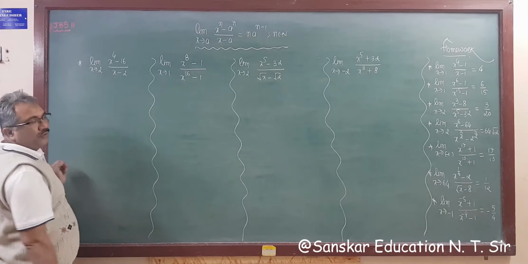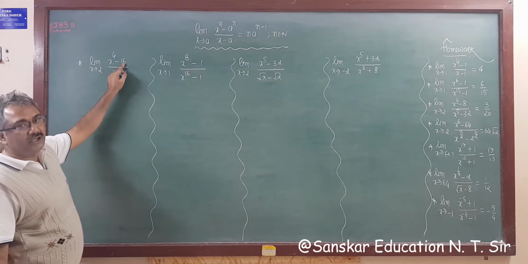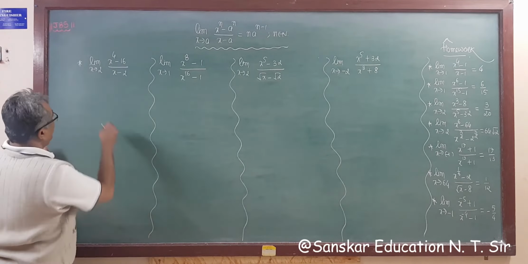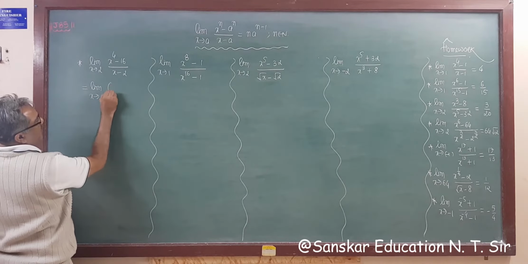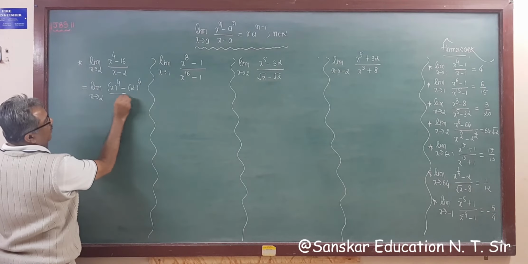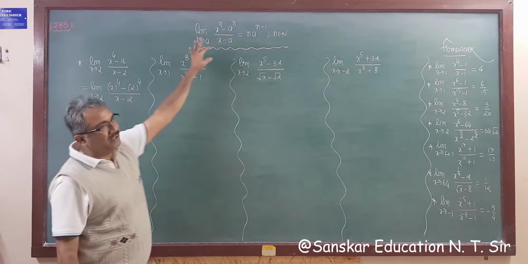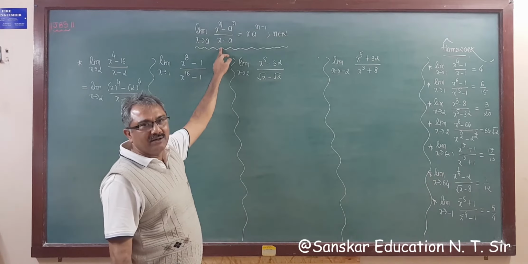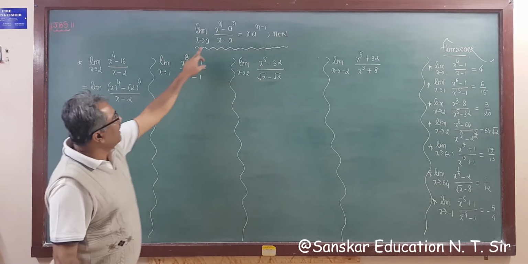So this is x raised to 4. We need x, here 2, so we need 2 here. So 2 raised to 4 is 16, that you know. So am I writing like this? See, this is limit x tends to 2, x raised to 4 minus 16, that is 2 raised to 4, whole upon x minus 2. Now compare with this formula. I am not writing the formula each and every time, because I wrote the formula here in front of you.